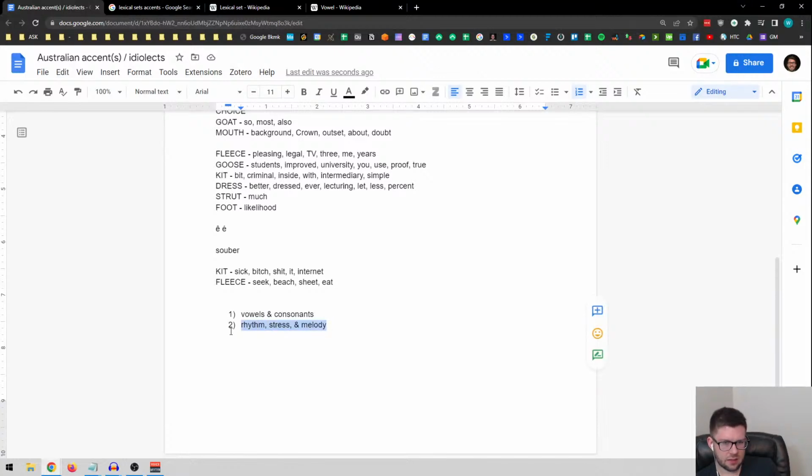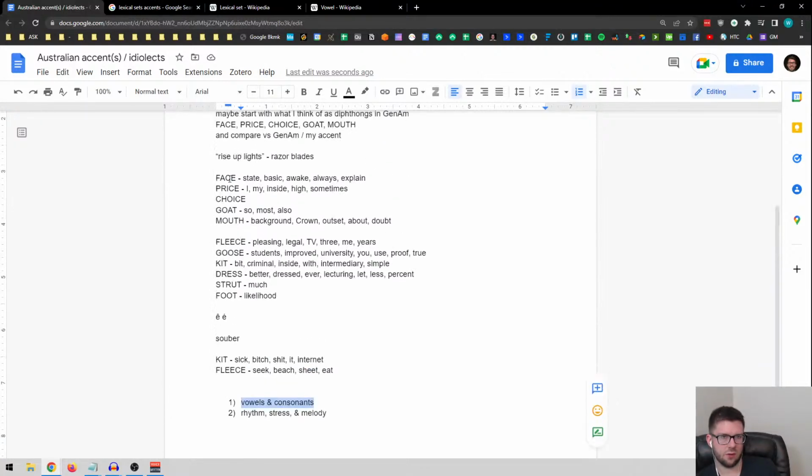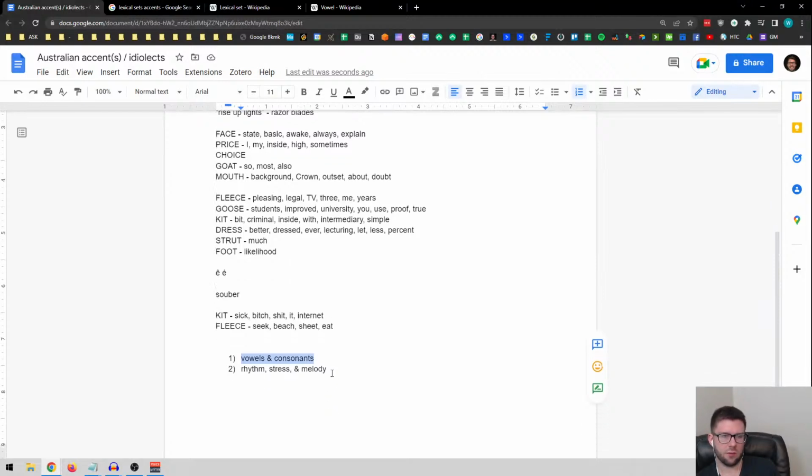I generally think this is easier to learn with the right approach. Again, people could disagree, you could argue, but I generally think most of our effort, 80% of our effort, should probably go into the vowels and consonants and tuning those and putting those in the categories in a way that's more aligned with your target accent. And then the rhythm, stress, and melody is kind of the 20%